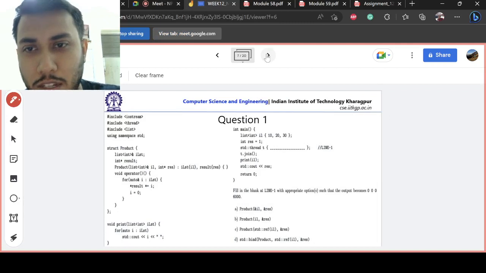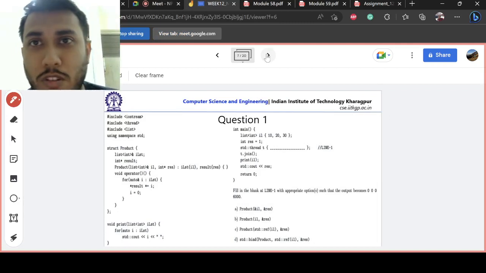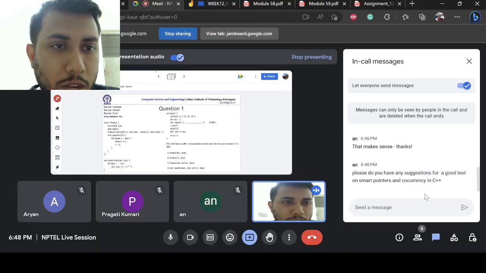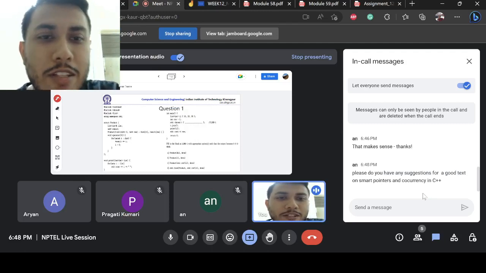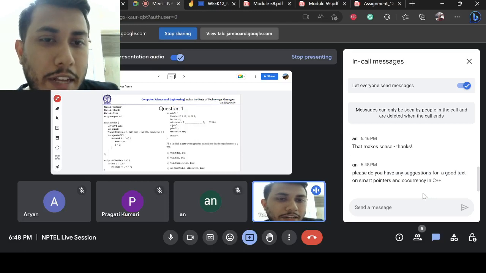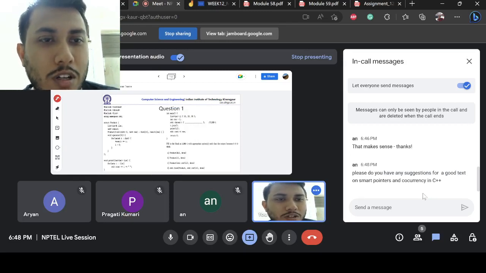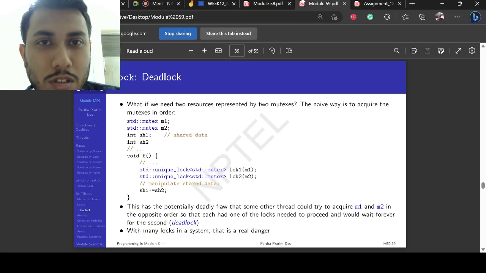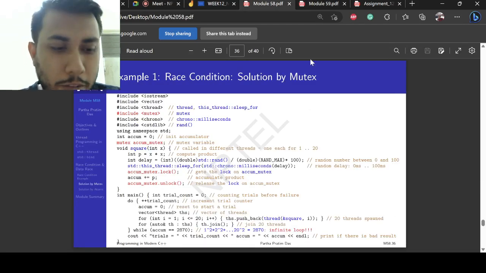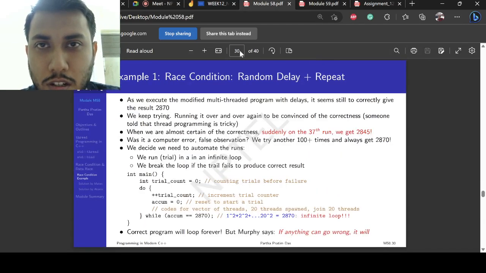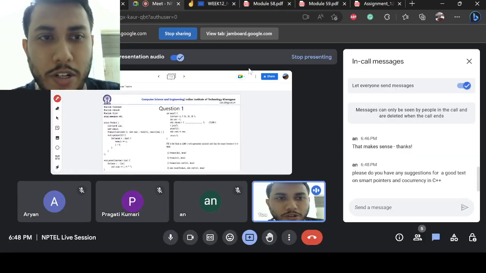So let's come to the problems of this week. Can you suggest any good textbook on smart pointers? I will suggest the slides that sir has given. You see, there are many sources of resources. If you go to the beginning of the slides on shared pointer, for example,